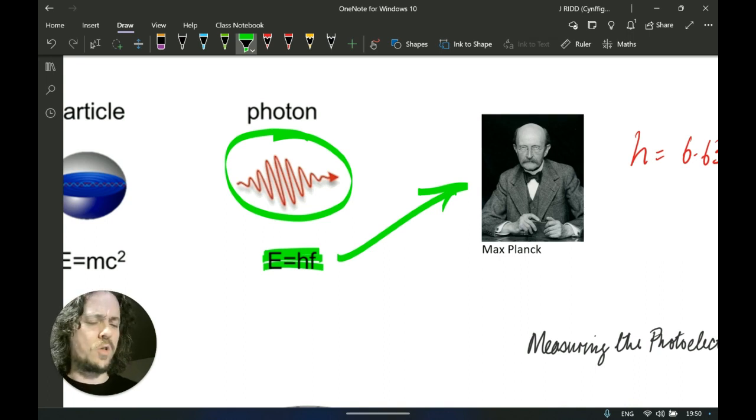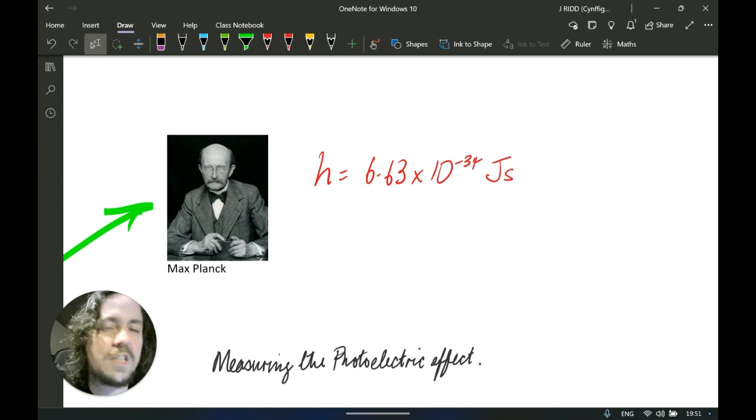So when we're calculating the energy of a photon, we use this formula for the energy of an individual packet of light: E is equal to hf. In this, E stands for energy, and h stands for Planck's constant. If you do something really awesome in physics, or science in general, then you get a constant named after yourself. Isn't that cool? And Planck's constant has this value, 6.63 times 10 to the minus 34 joule seconds. It's a very, very small number.